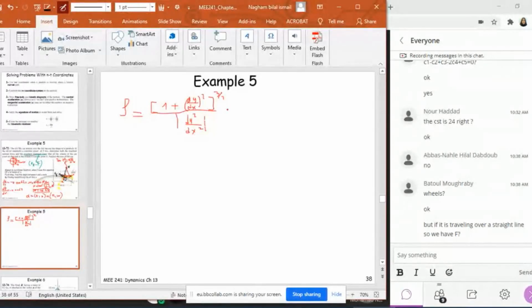So this is the radius of curvature, and you're going to find that it is equal to 223.61 meters. So whenever you know this radius of curvature, you can find a n that is equal to v squared over rho,